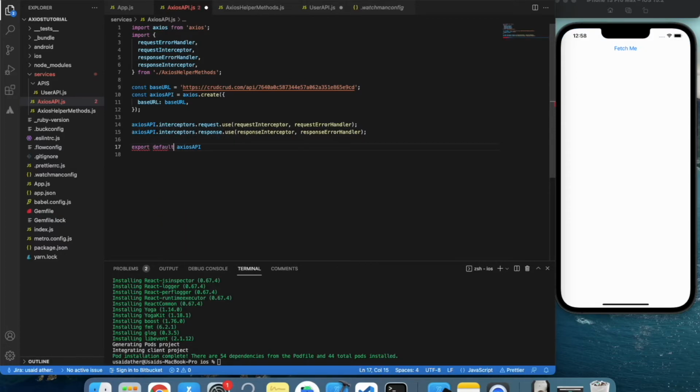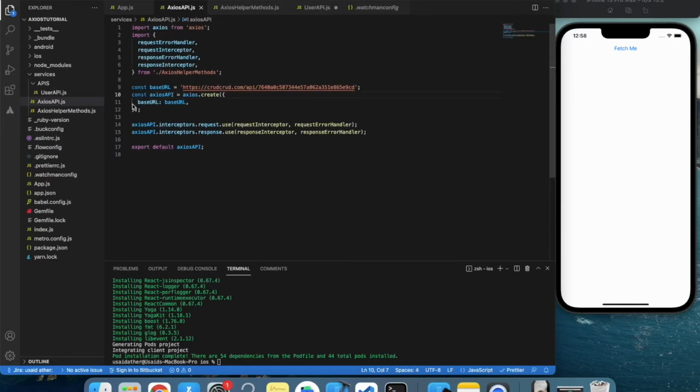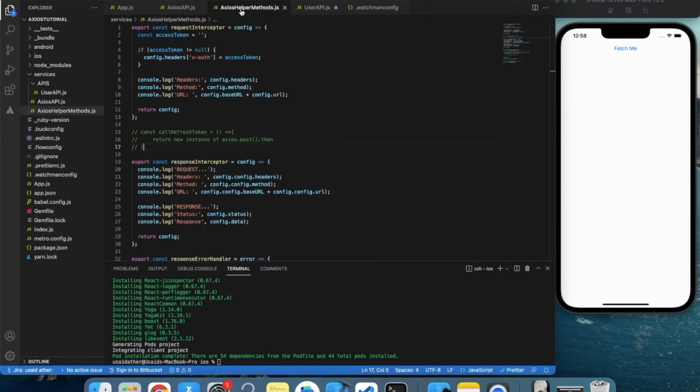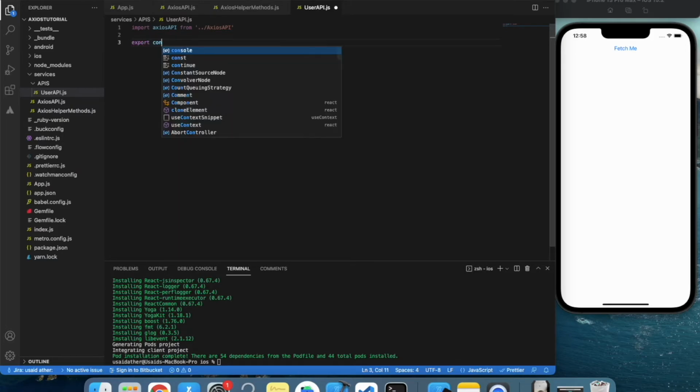Export default API, and then users API. You can see we got what we have exported. So in user API, what we will do is we will be creating functions. So let's put constant get users